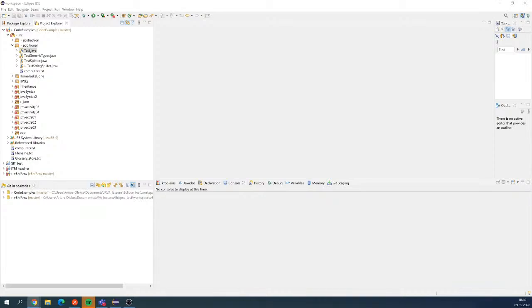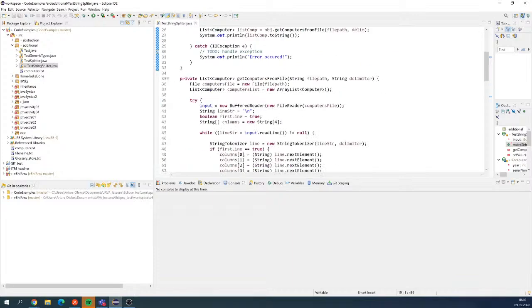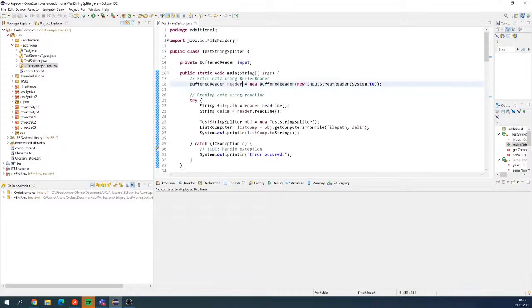It should be fine. So today, as I promised, we'll start with JSON, with a presentation about JSON files, how to work with them in Java, and also regarding the test splitter. We had an issue last time. And yes, the problem was that